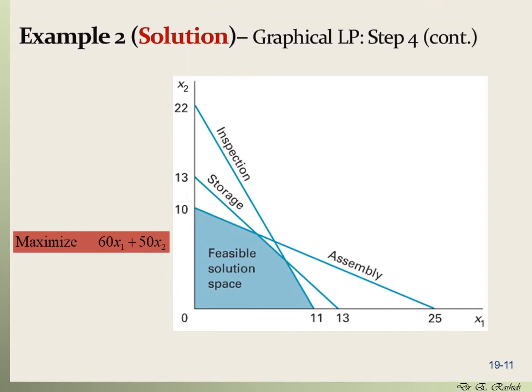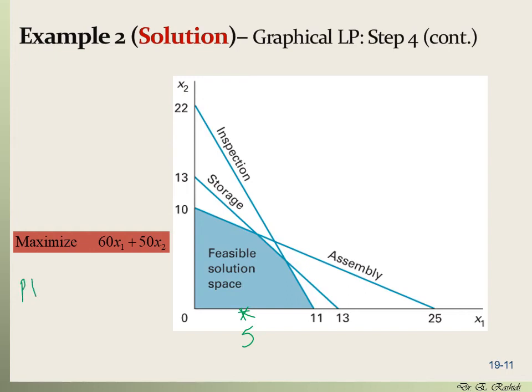Okay, so we have our feasible solution space here, and we want to plot the objective value, or the ISO profit. So what we can do is set it to a value and then find the ISO profit. For example, for this point, x1 is equal to 5 and x2 is equal to 0. So that means that the objective value for this point would be